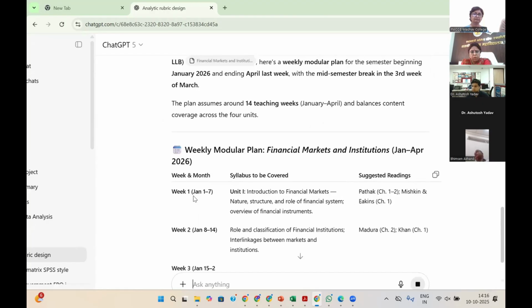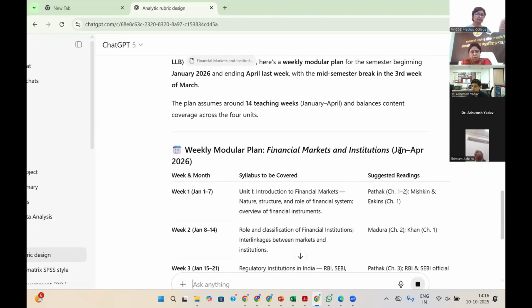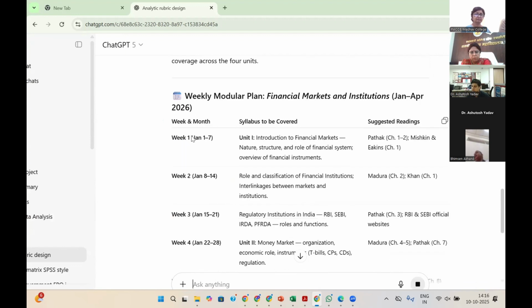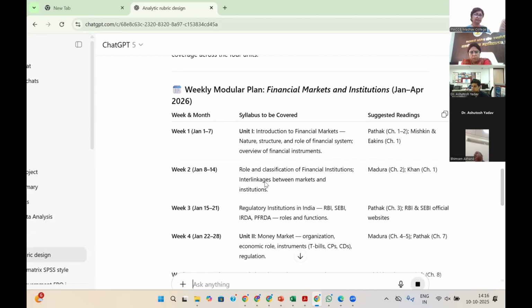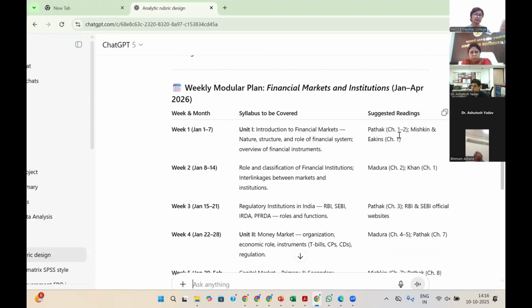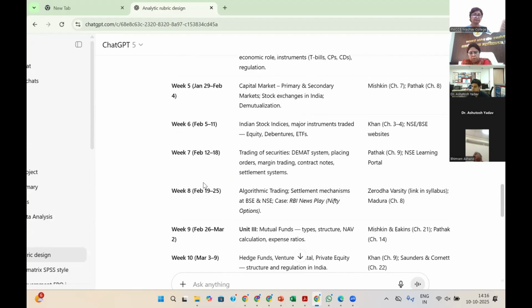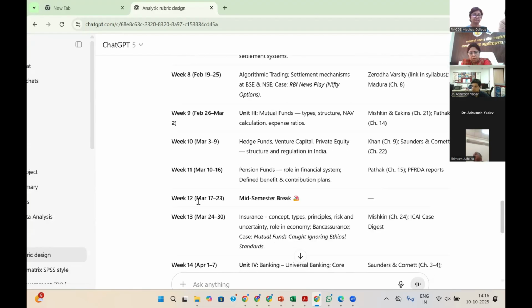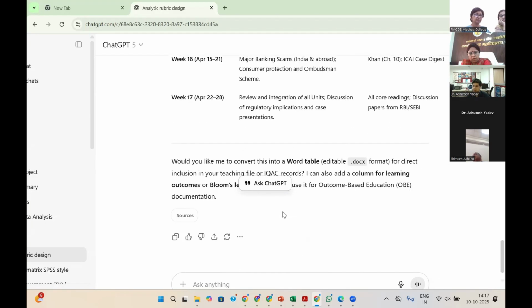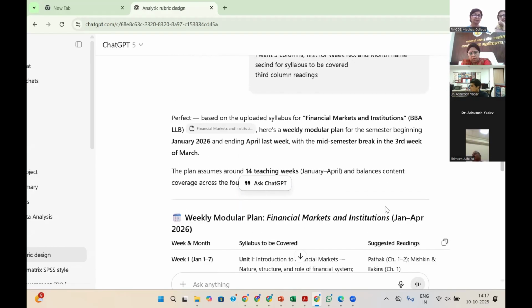आप देखो, जैसे मैंने बोला, हमें फाइनेंशियल मार्केट इंस्टीट्यूशन का जनवरी टू अप्रैल 2026 के लिए मॉड्यूलर प्लान चाहिए था, और उसने हमें सारे वीक वाइज, यूनिट 1 का हम ये पोर्शन करेंगे, वीक 2 में ये कवर करेंगे, कौन सी बुक और कौन सा चैप्टर उस बुक का हम एज रीडिंग्स यूज करेंगे। और जैसा हमने बोला था, मार्च का जो सेकेंड थर्ड वीक है उसमें मिड सेमेस्टर ब्रेक होगा, तो चैट जीपीटी ने वहां पे कोई कंटेंट नहीं दिया है। ओके, एंड वी कैन सिंपली कॉपी पेस्ट दिस,